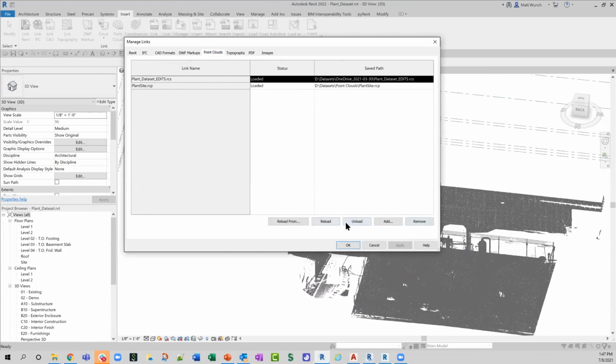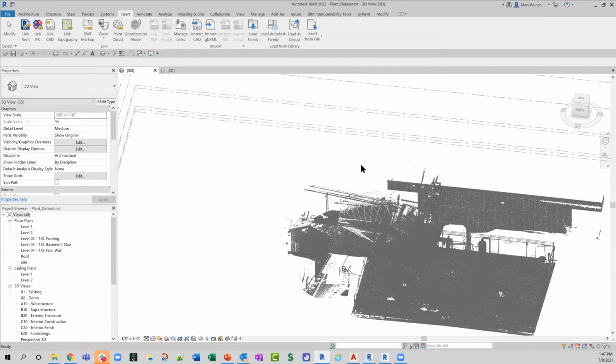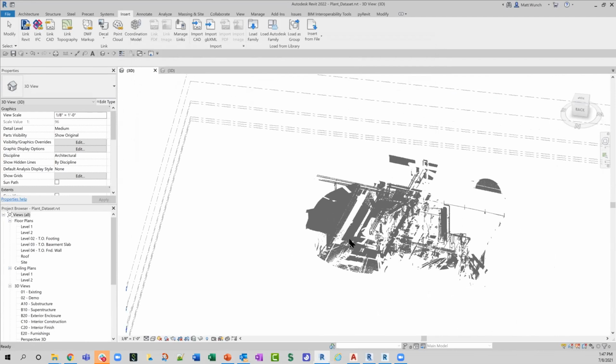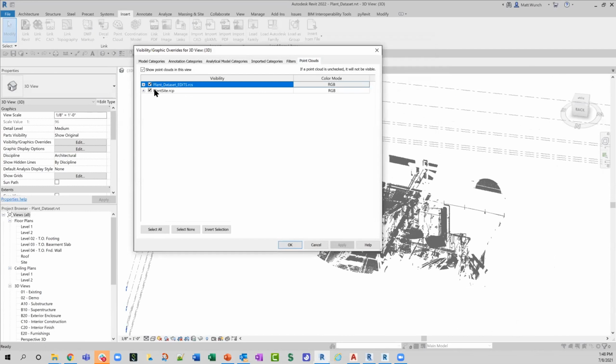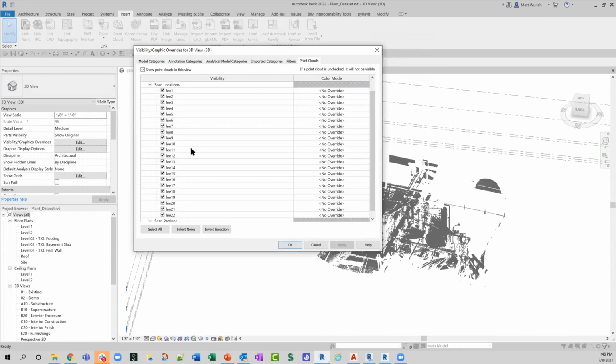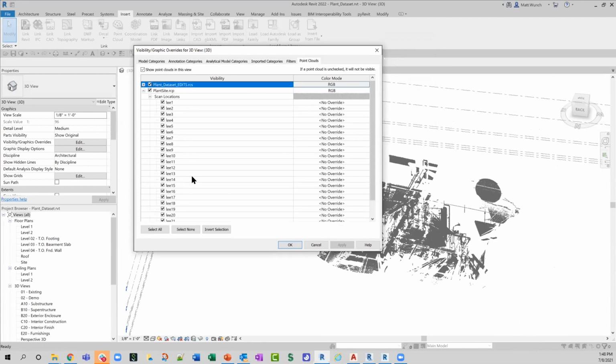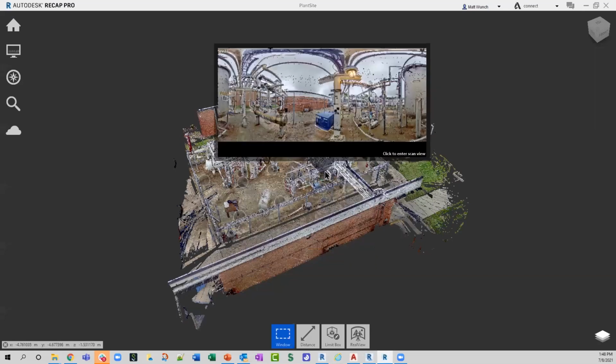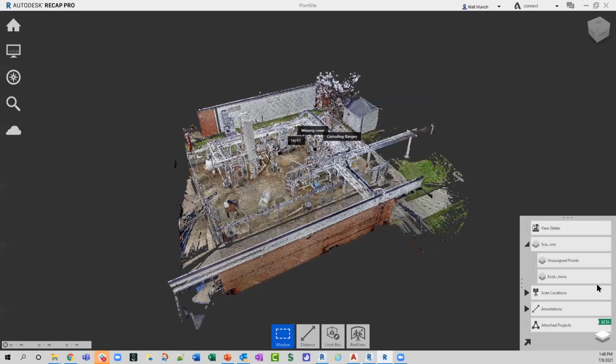All right, so let's unload that temporarily. All right, so there is that RCP of that plant site. All right, so there are all the different scan locations that I mentioned earlier. So I can toggle on and off those individual scans that we see over in here, reflected by all these